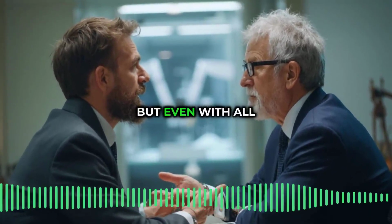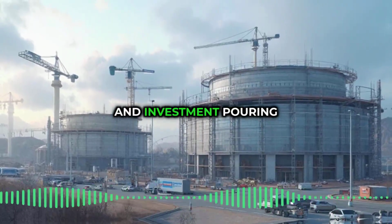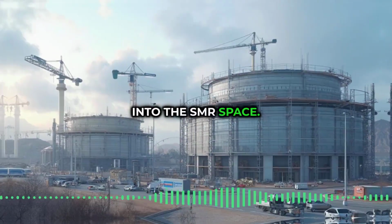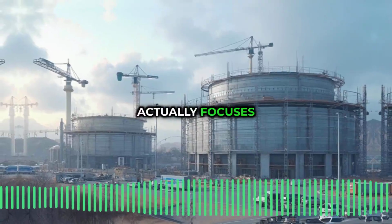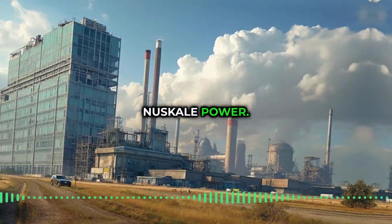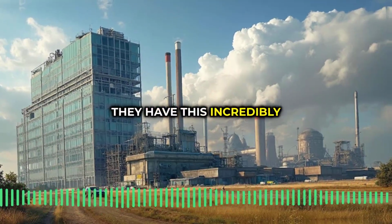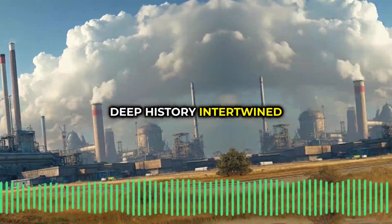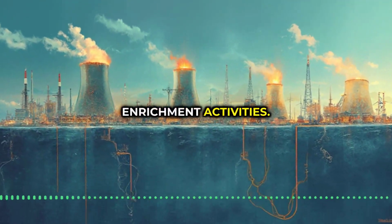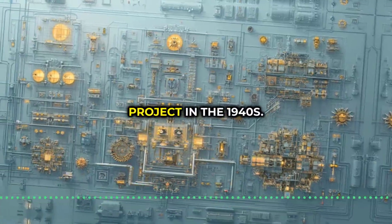Yeah. But even with all of those challenges, there's clearly a lot of excitement and investment pouring into the SMR space. And our source material actually focuses on two major players, Centrus Energy and NuScale Power. So let's start with Centrus. What's their story? So Centrus has this incredibly deep history intertwined with the U.S. government's uranium enrichment activities. I mean, we're talking a story that goes all the way back to the Manhattan Project